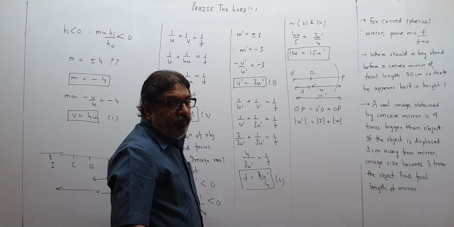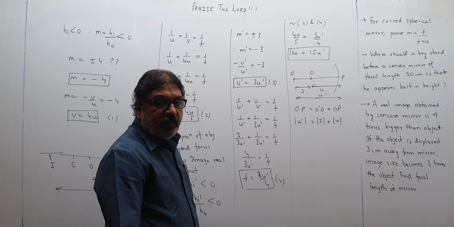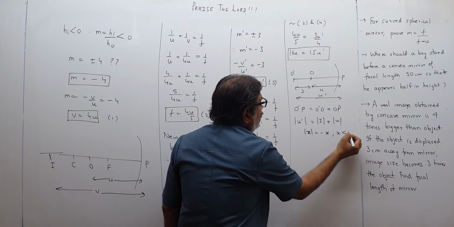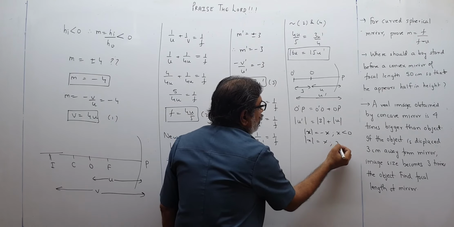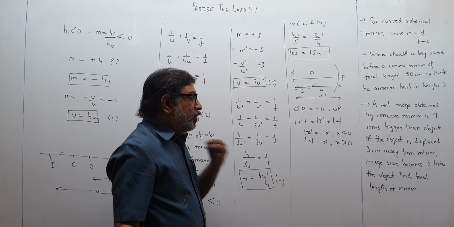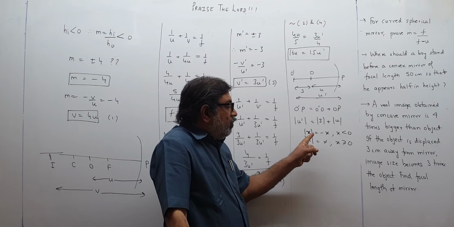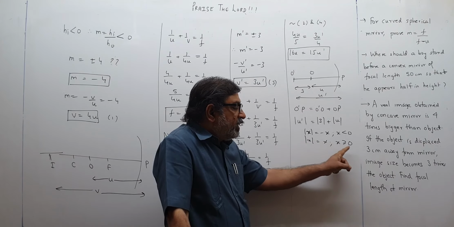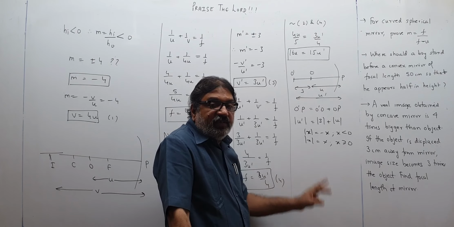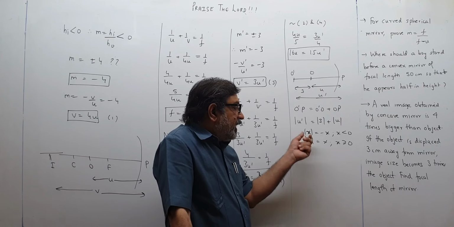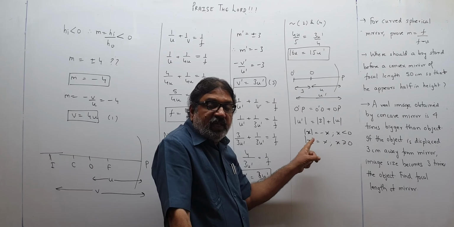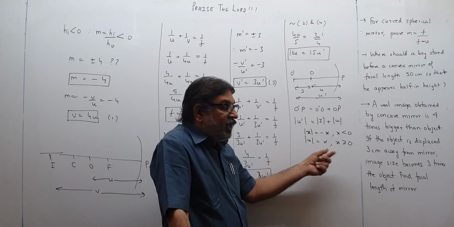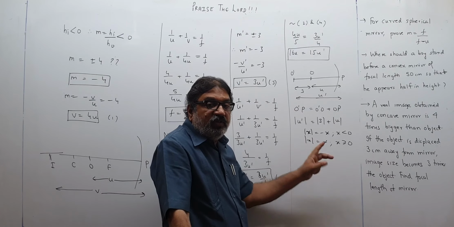Now children, we know that modulus x is minus x when x is negative, and mod x is x when x is greater than equal to 0. तो mod के अंदर एक नेगेटिव नंबर हो तो mod हट जाएगा, बाहर माइनस आ जाएगा, और मॉड्यूलस के अंदर जो नंबर रखा है अगर वो पॉजिटिव है, x ग्रेटर देन इक्वल टू 0, तो मॉड्यूलस हट जाएगा, खाली x रह जाएगा. अगर x पॉजिटिव होगा तो कोई चेंज नहीं होगा.